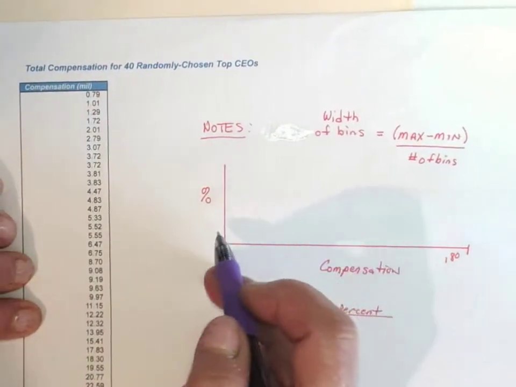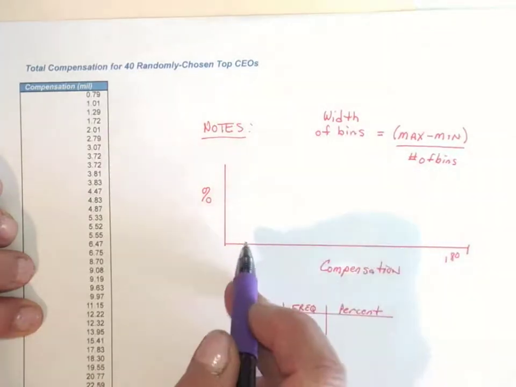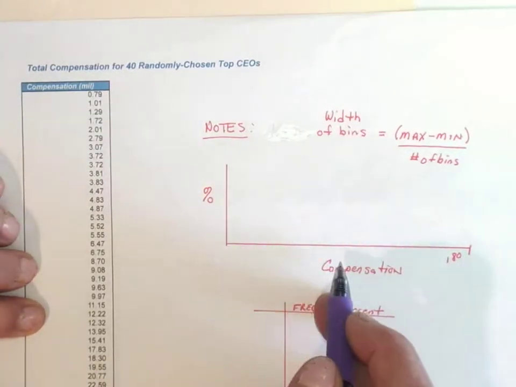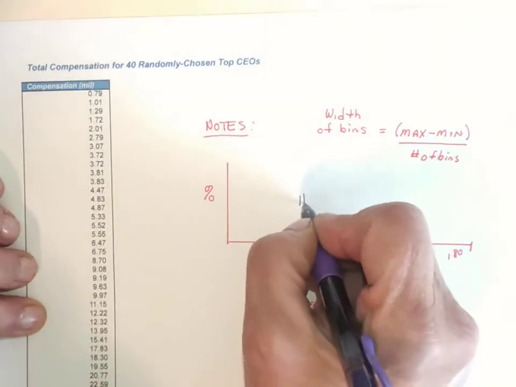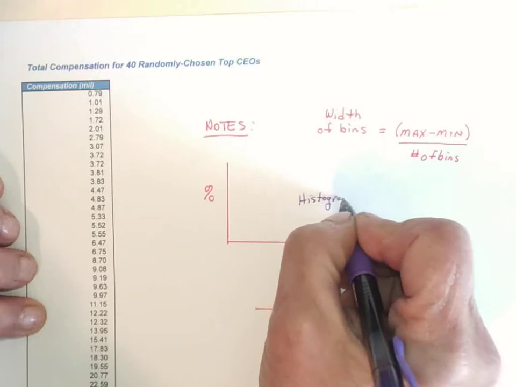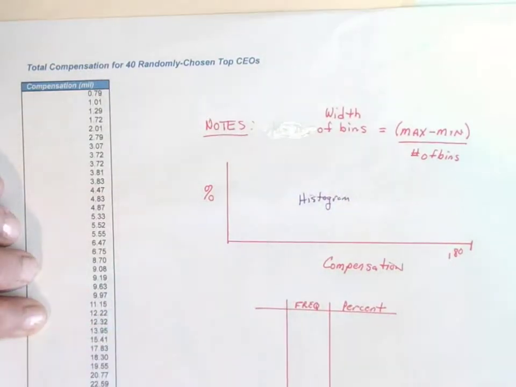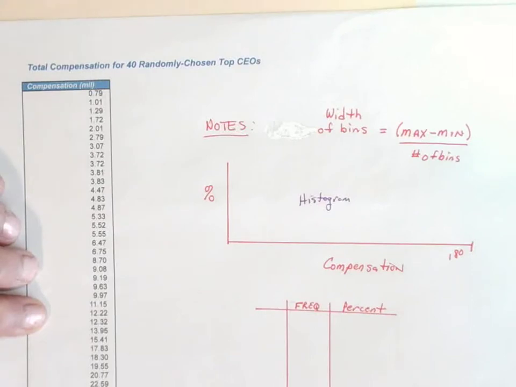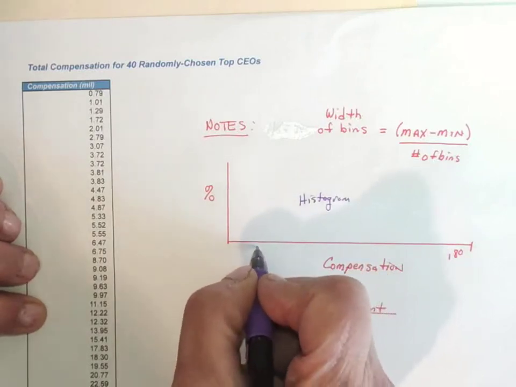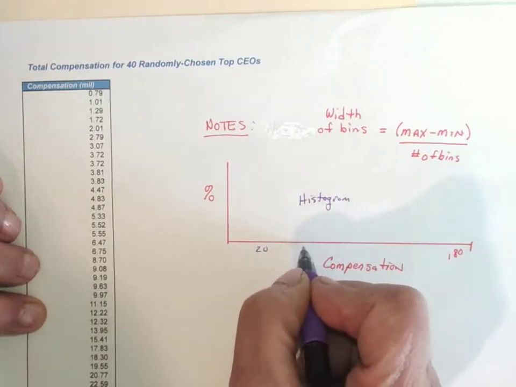And notice that we want to get an idea of a histogram. We want a histogram here. And the histogram is going to be based on percentages. So the first thing you probably want to do, and if you notice by looking at the example, this is like at 20, this is at